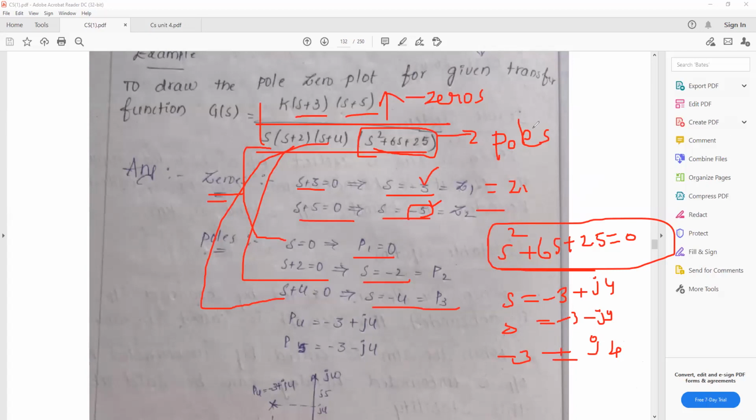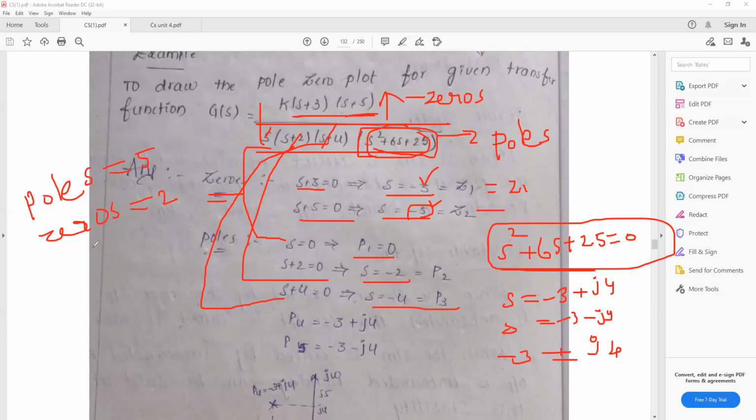Okay, so in the numerator, roots are called zeros. There are two roots. In the denominator, roots are called poles. 1, 2, 3, and here 2, 3 plus 2 is 5. There are 5 poles in total. In the denominator roots are called poles, in the numerator roots are called zeros. There are 2 zeros. Poles are 5, zeros are 2.